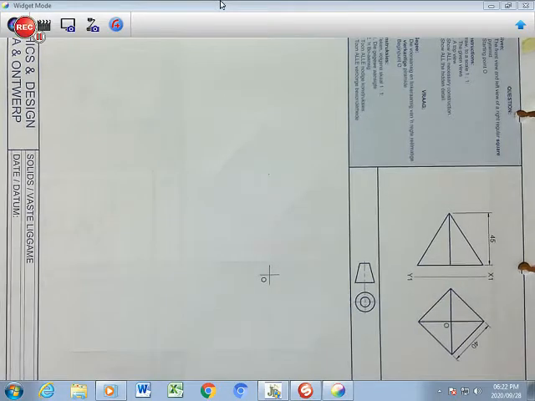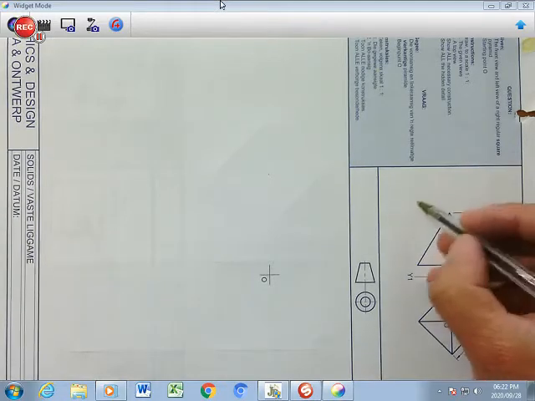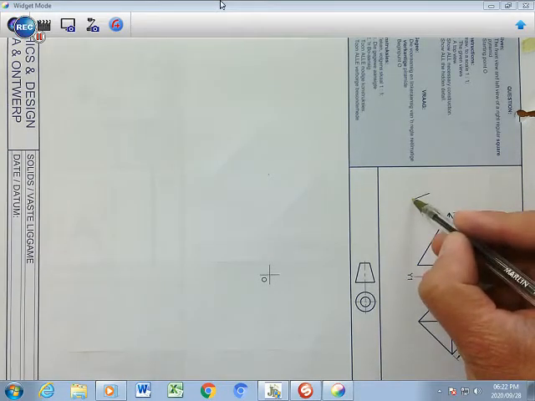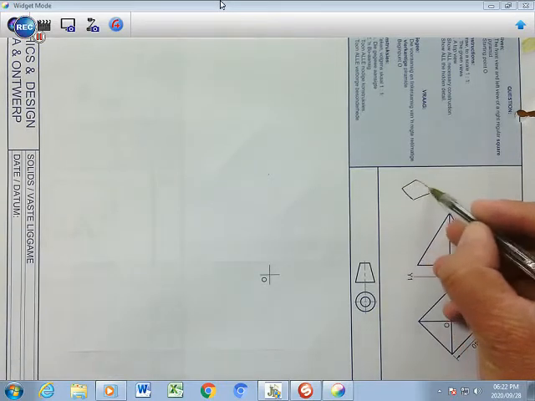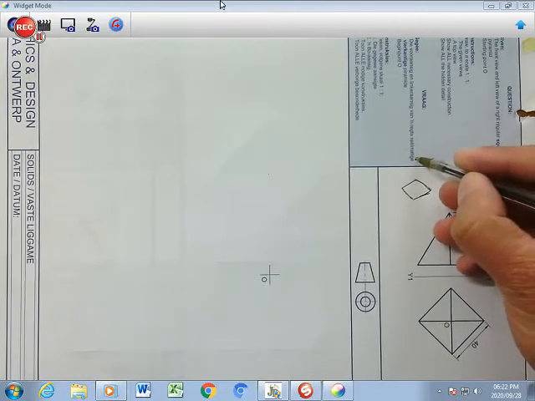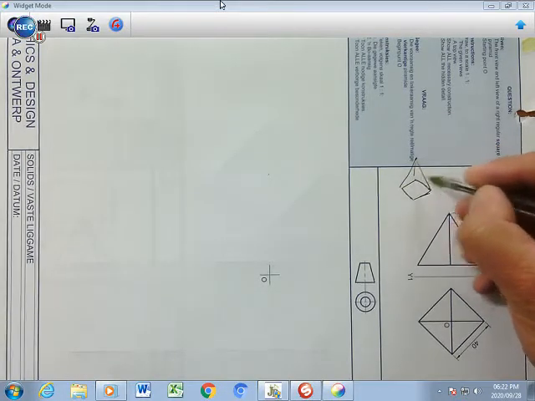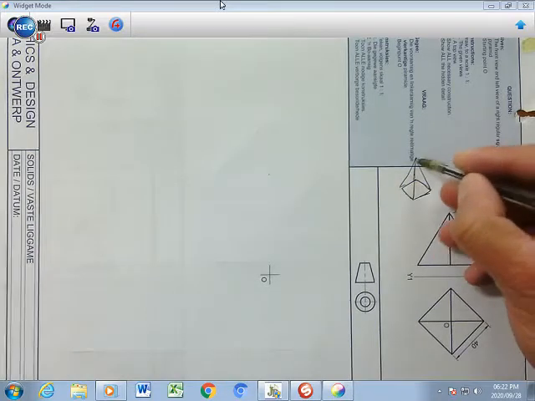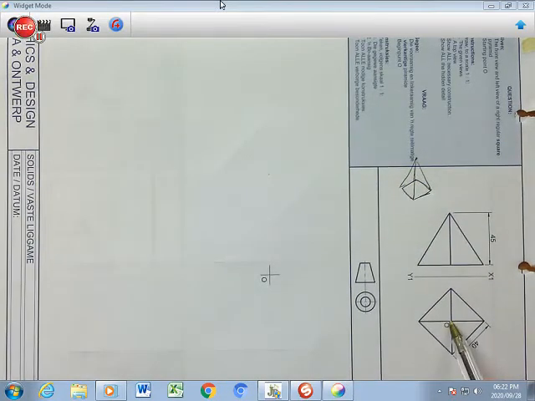Solid drawing number 4: we have a pyramid which has a base of a square, which is now classified as a square pyramid. What does it look like as a sketch? It has 4 sides of equal length, and it has an apex center point at the top, and all 4 corners are actually meeting at the center, and that is the representation of it right there at O, which is also my